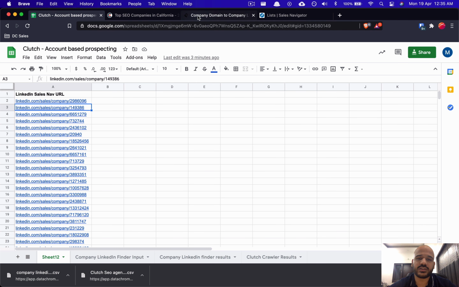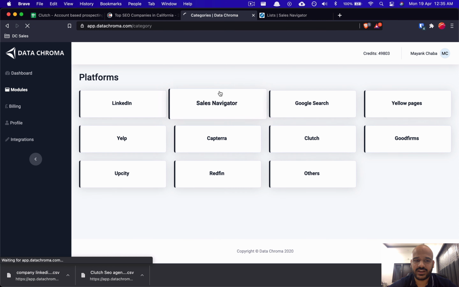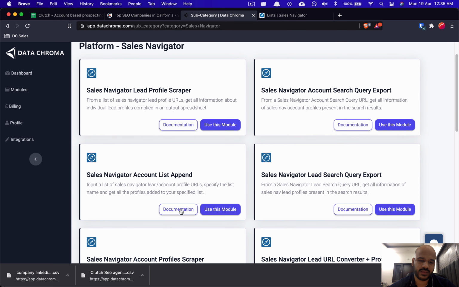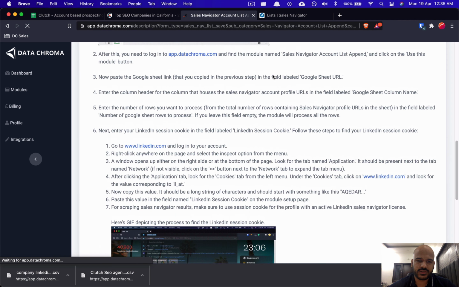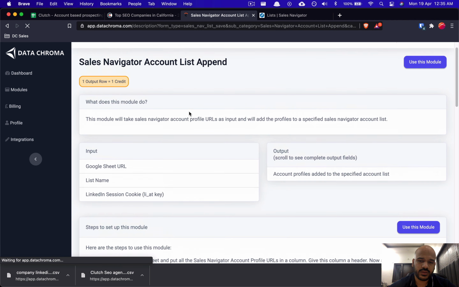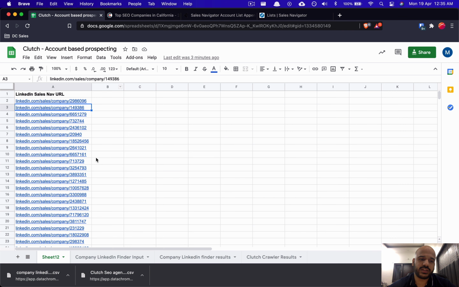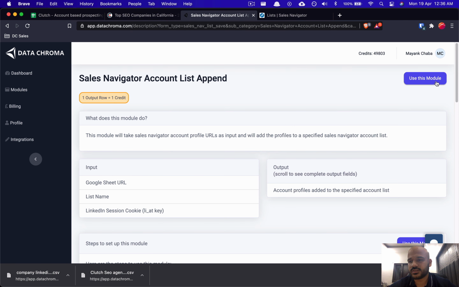what we'll do is use a module inside Data Chroma, and we'll go to Sales Navigator under the platform section. And find the module named Sales Navigator account list append, and click on the documentation tab. Next you'll find the documentation and the steps on how to use this module, and what this module will do for you. The idea is this module will take all these URLs and add them to a particular list, let's say this list that we made just now. So let's click on the use this module button,